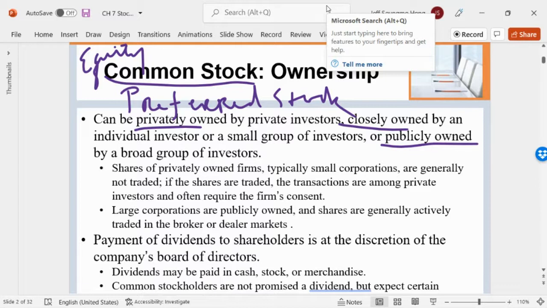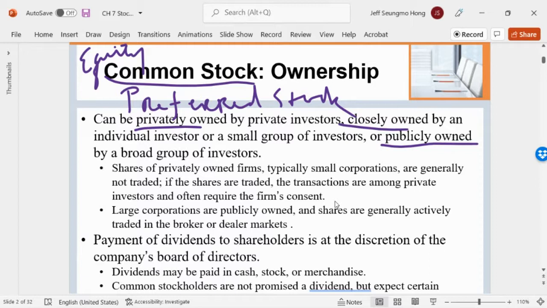You can raise more equity capital by going public. If you're private, it's limited to that private group of investors. Of course, sometimes even publicly traded companies can go private,